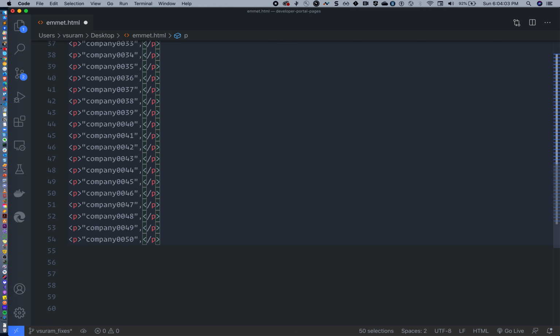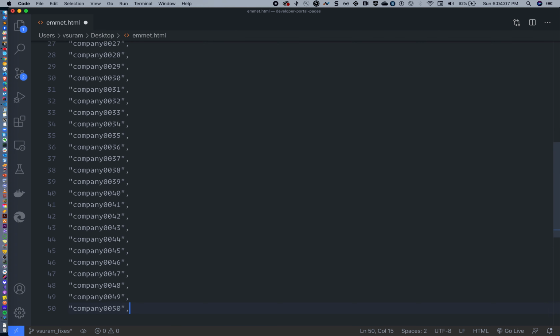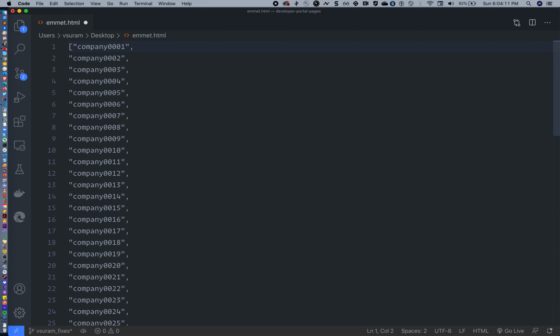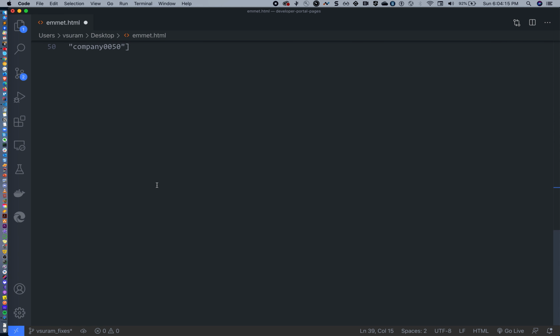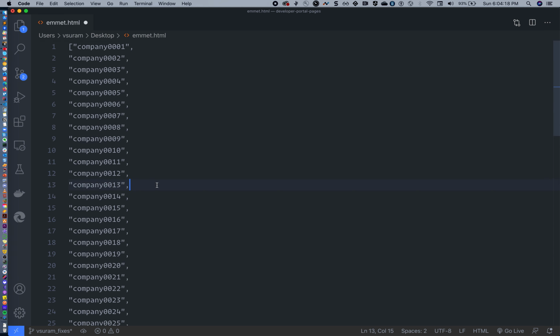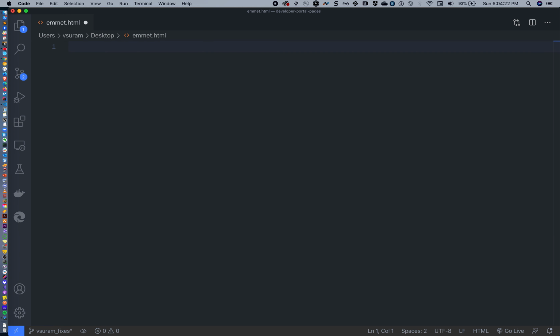Now I can just do this. So here you go, I created 50 company IDs. So we can use Emmet.js to generate the content also. This is a very good example which can show its capabilities.